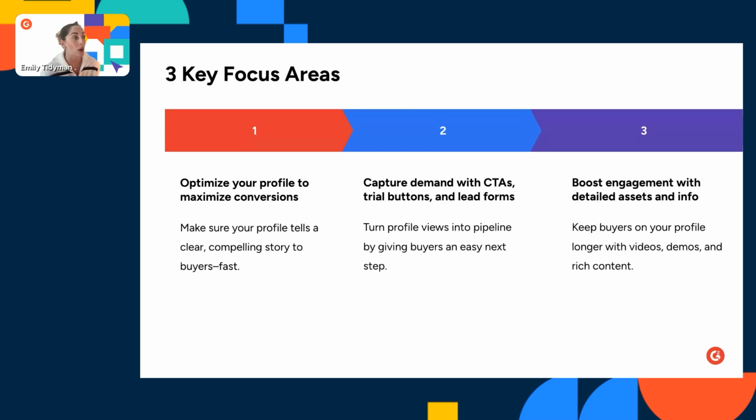That first area is going to be optimizing your profile to the fullest extent. So it tells a really rich and compelling story of your product or solution. To do so, we can fill out our product descriptions, optimize with AI, but I'm kind of getting ahead of myself there. But ultimately, the goal is to have your G2 profile be an extension of your website and of your overall go-to-market strategy.